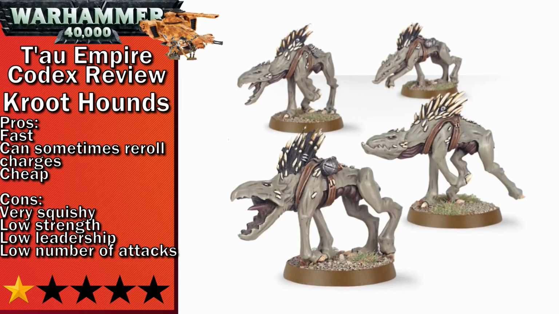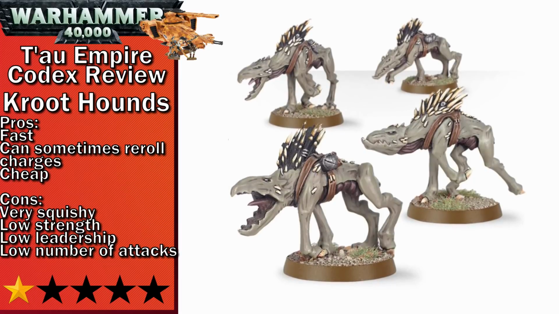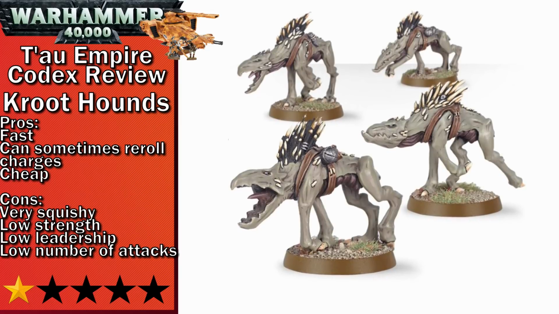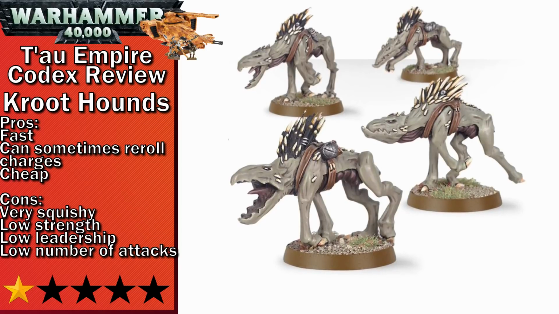they'd probably be at least decent at chewing on guardsmen. They do have a stratagem that allows other Kroot to reroll their charges if they are within 12 inches of the Kroot Hounds, so you can use them like scouting units to get in and allow the rest of your crew to follow up. But even then, crew melee doesn't really impress me all too much to make these guys worth it. I'll mention now that none of the crew benefit from any of the sept effects,